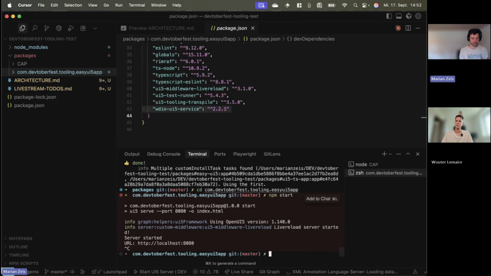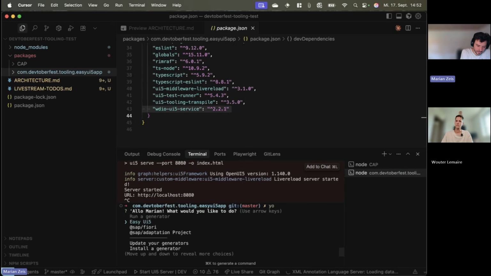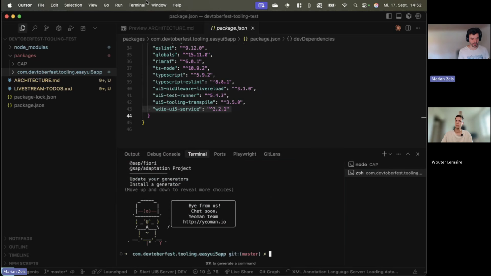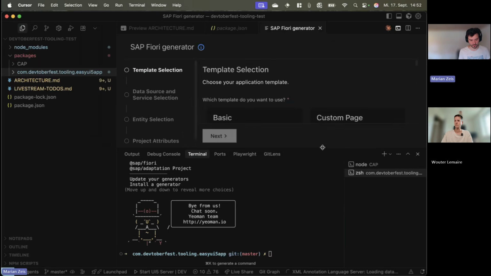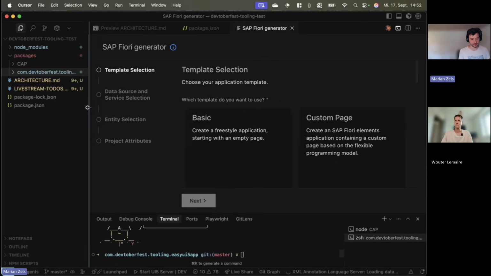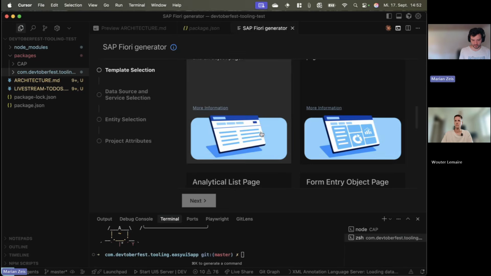Now let's create the Fiori tools application. As you saw here, if I start the UI5 generator, I have SAP Fiori as well. But one of the big advantages for the Fiori tooling generator is obviously we have a UI for that. So we can start the application generator directly from the UI and go through here. So you have your template selection first, so basically more or less what we did at the beginning. So we have your basic custom page, list report, all the Fiori elements